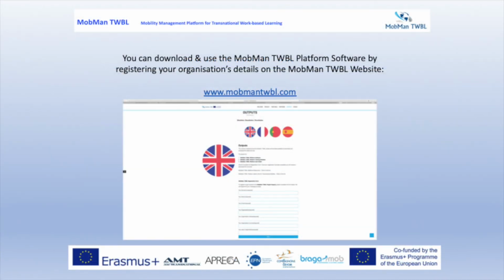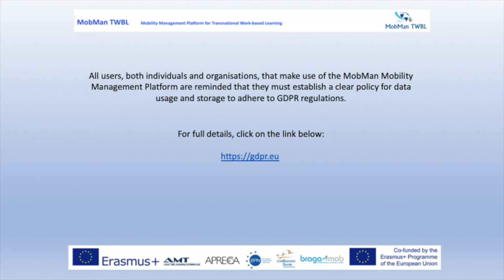To use the platform, you just need to go to the MobMan website, register, and then download the software. Simple. All individuals and organisations that use the MobMan platform need to set up a clear policy for data protection in line with the requirements of